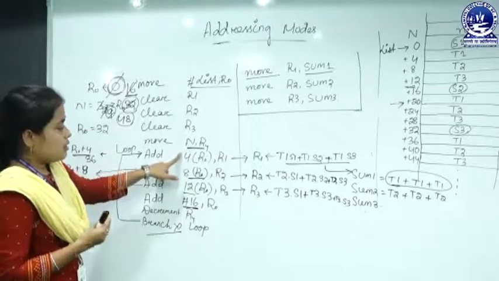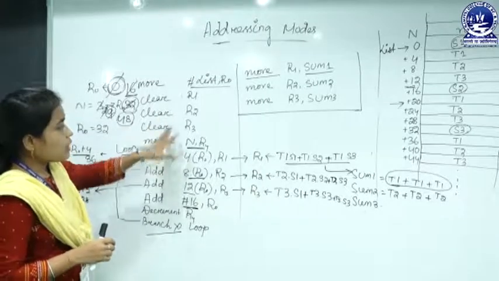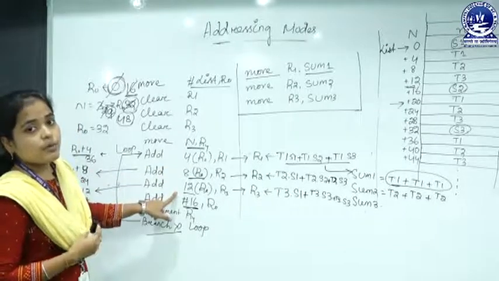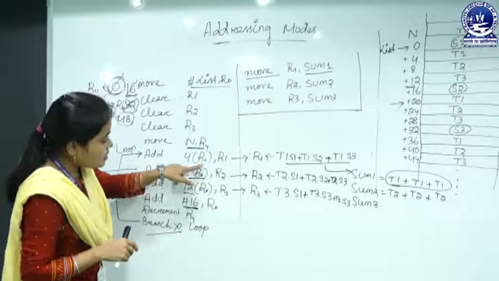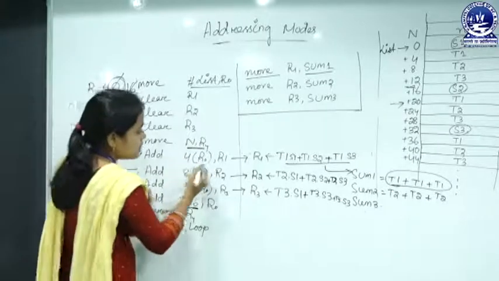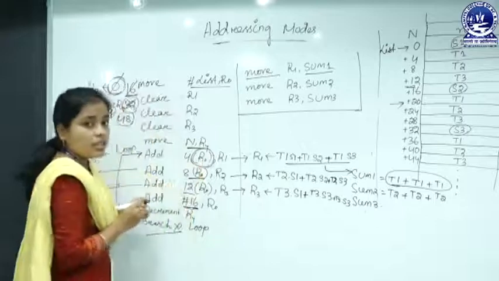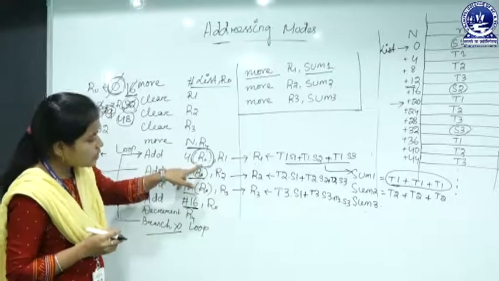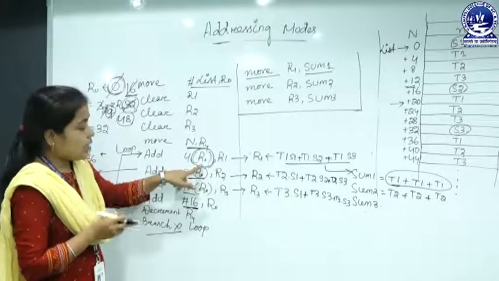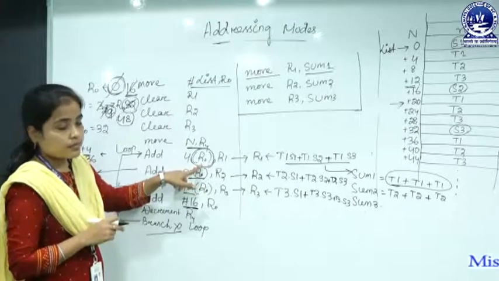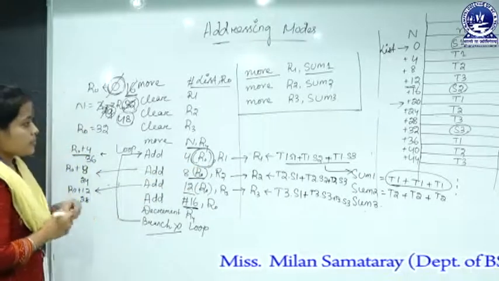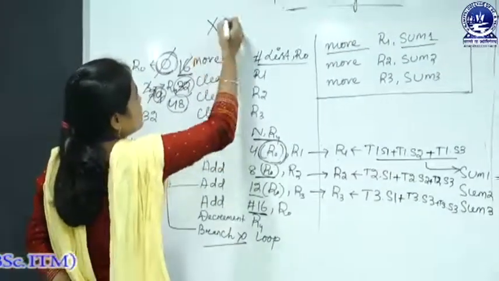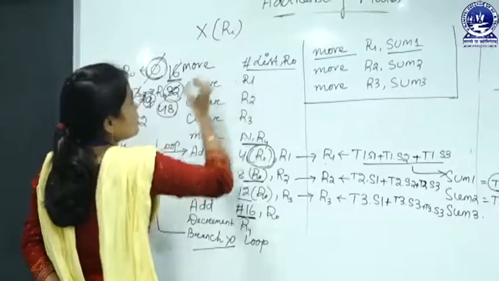I will discuss it later, but this addressing mode is basically used to increment the content of general purpose registers, and the general purpose registers R0, this notation is the syntax of indirect addressing mode. That means here R0 contains memory location and it acts as a pointer register. Okay. So, this is the example where I am adding an offset value with the content of one register.